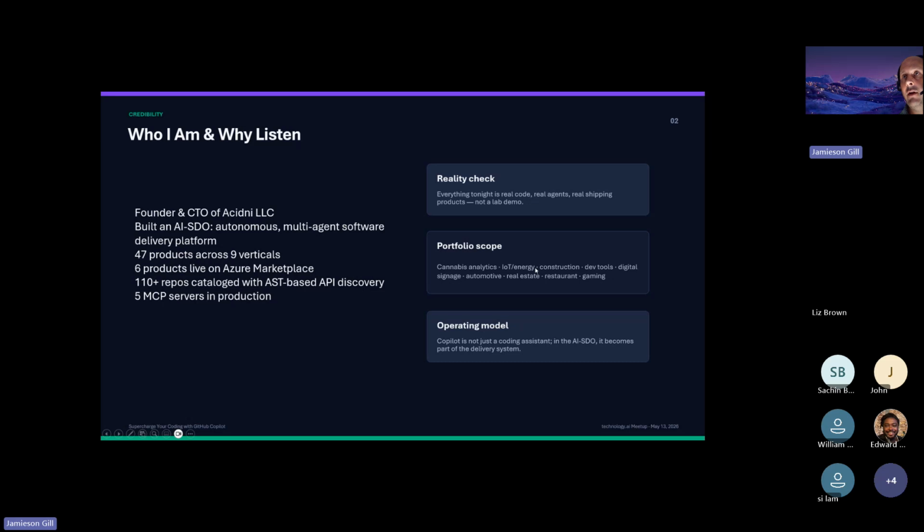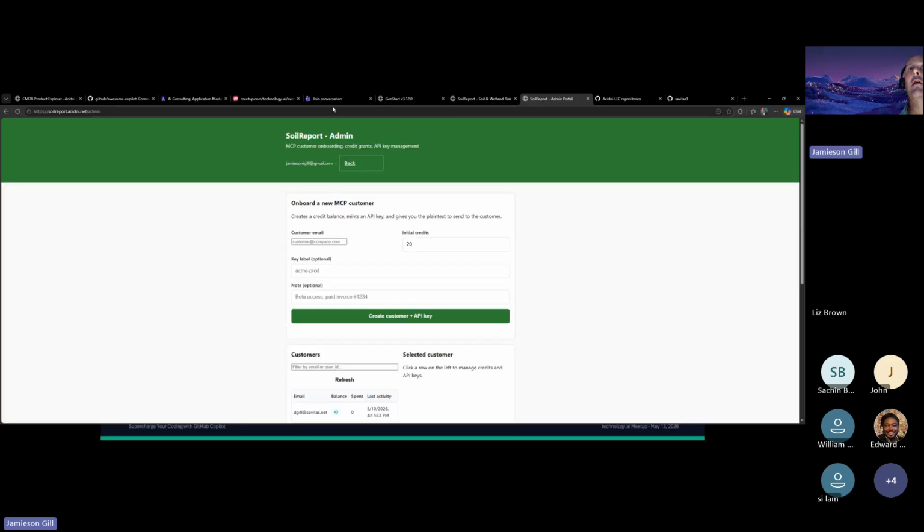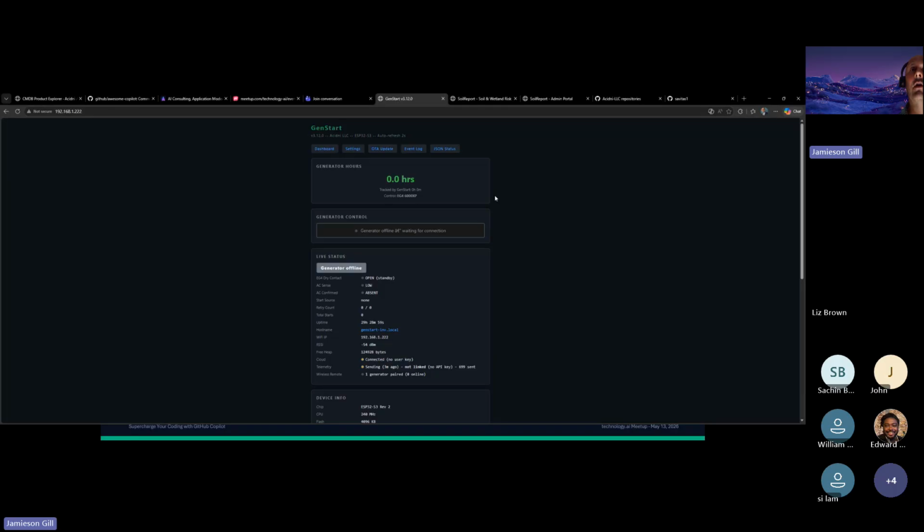For IoT energy, I have another application, and all of these things I've done with AI and VS Code, but an example of the energy one is this one right here, which is called GenStart. So, with VS Code and with the more advanced models and LLMs, you can do some really cool stuff. I was actually able to program an ESP32 chip with firmware, and flash it with code. This is actually code that's running on an ESP32 chip. And not only do we have a web server here, but with IoT stuff, these ESP32 chips have GPIO ports. So you can connect,